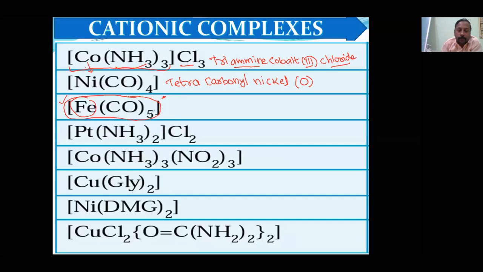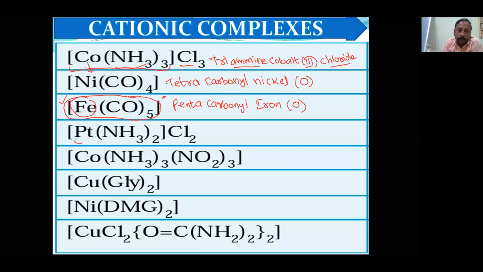Okay, and first you will write penta. For CO, it will be carbonyl. Okay. Pentacarbonyliron. Let the oxidation number be 0, but still you should write it as 0. Okay. If you miss even one word, then you will not get full marks. For board exams also, I am telling you. Okay. Now you can try this one.